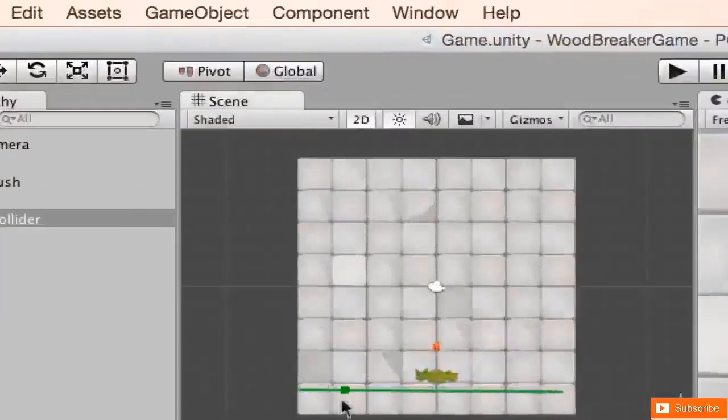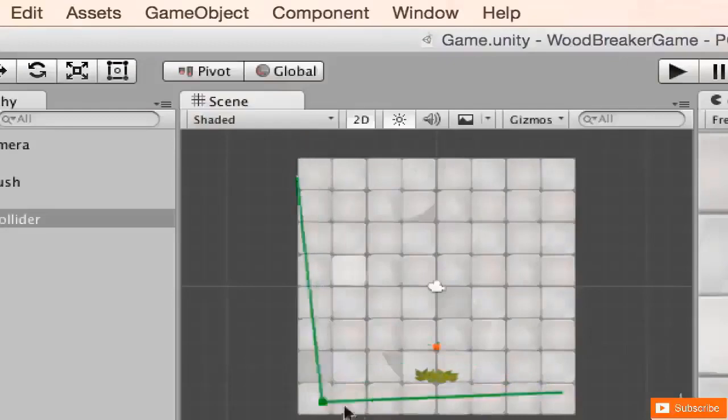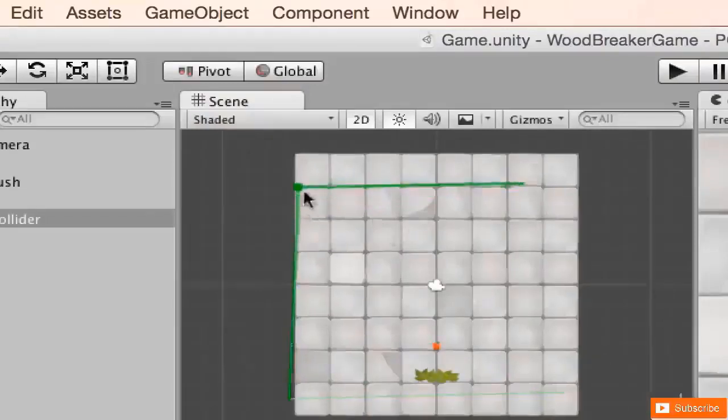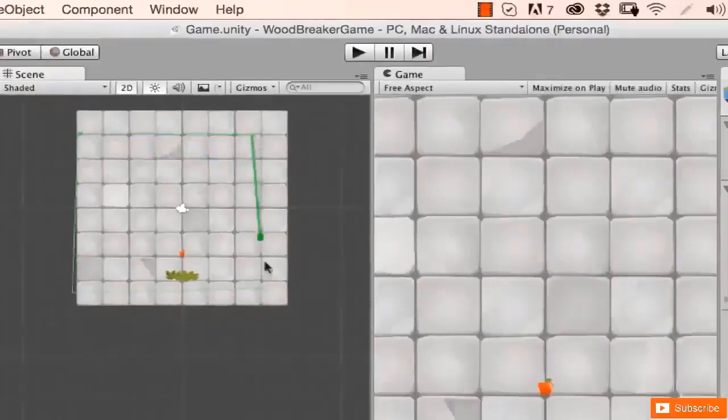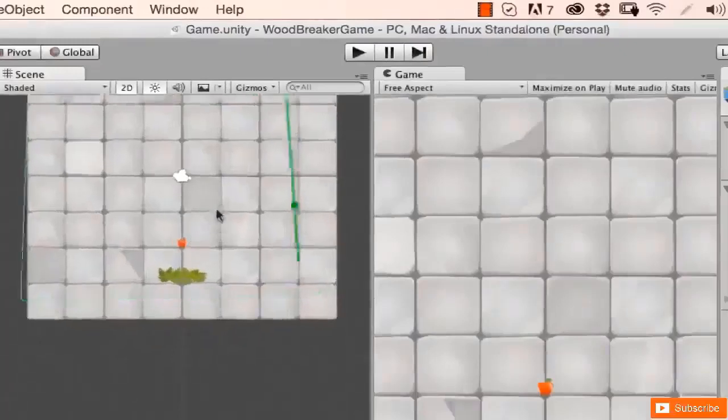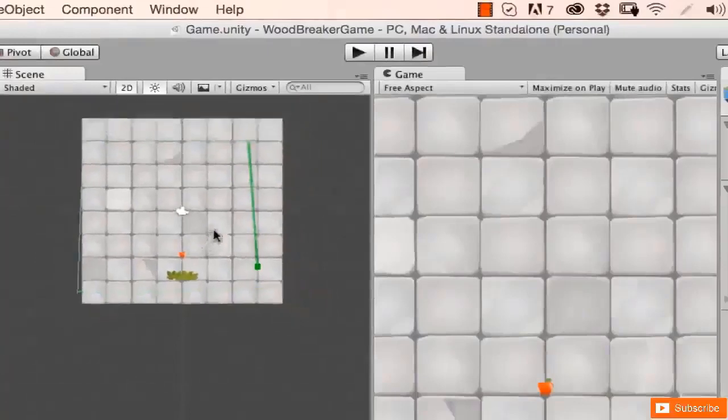If you want to add another point, you just click at any place here and drag it out or drag it in. Now you have 3 points. Just drag another one so we can wrap our scenario. But as you can see, it's very hard to encapsulate our screen with this,